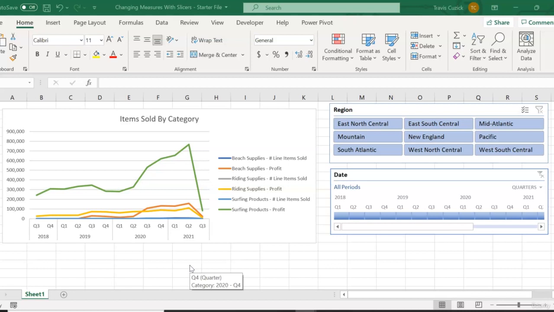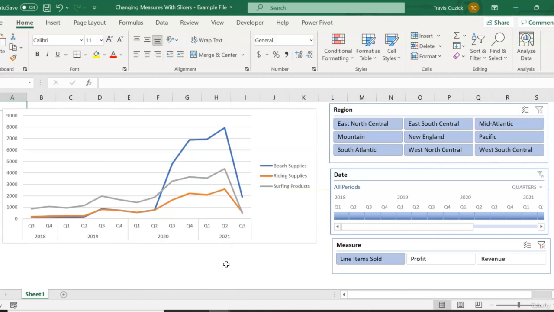But dashboards are all about cramming lots of meaningful information into a small space, as long as that information can be easily understood and interpreted by our audience. So using this case as just one example, is there any way we can get all of this information in one chart while also making sure we don't give our end users a migraine? Well, it turns out there is, and that's by using a slicer to dynamically change the measure we display in